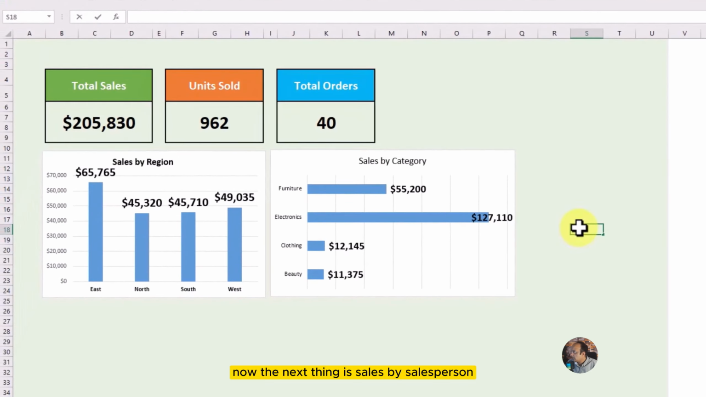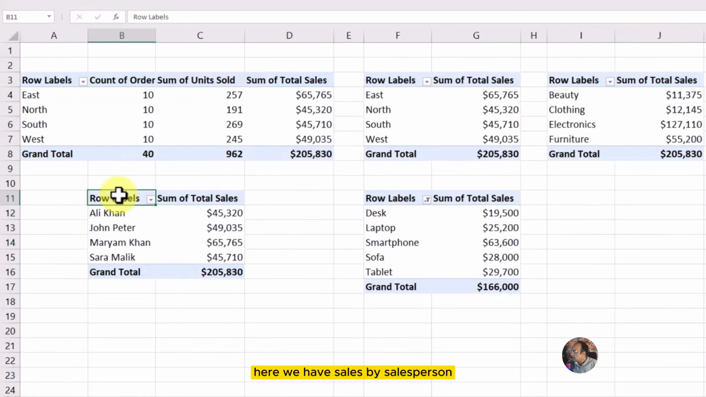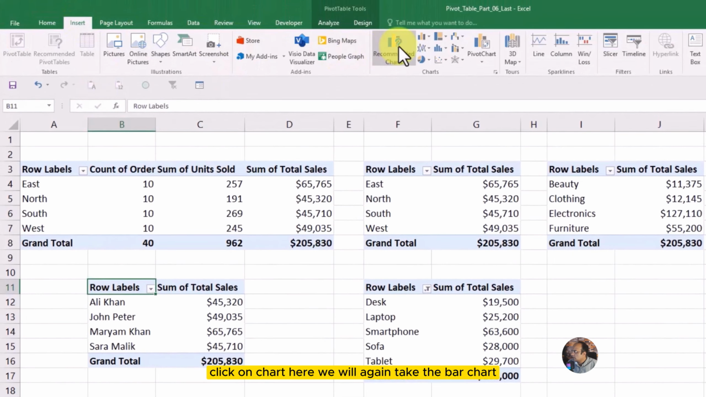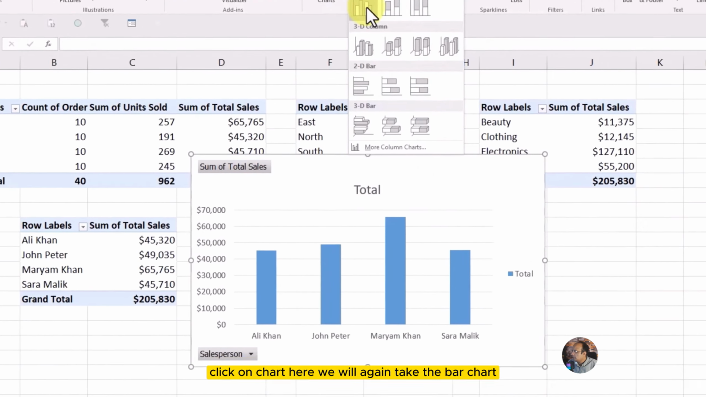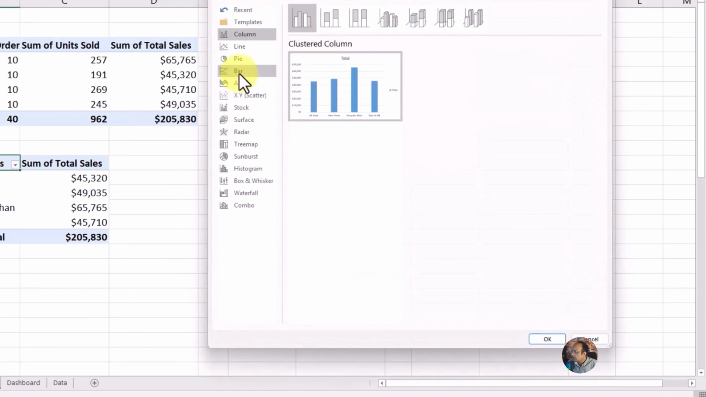Now the next thing is sales by salesperson. Come back to the pivot table. Here we have sales by salesperson. Click on it, go to Insert, click on chart. Here we will again take the bar chart, press OK,